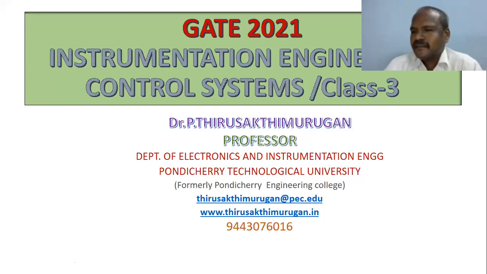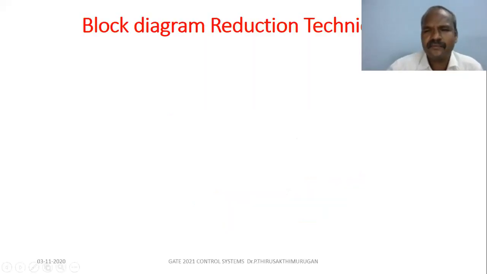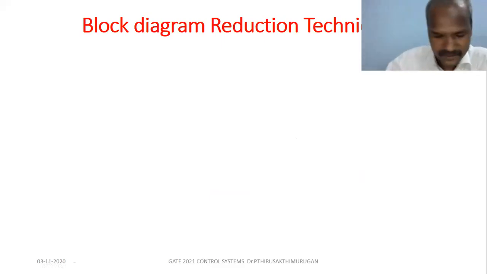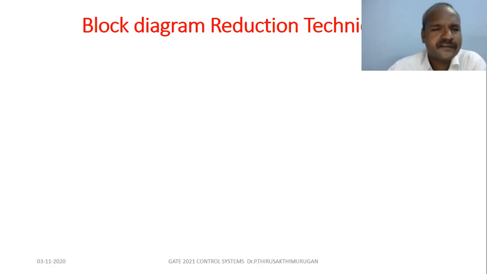Today we are going to discuss the block diagram reduction technique and signal flow graph methods. We already discussed the block diagram representation of the armature controlled DC motor and the field controlled DC motor, then the tacho generator, the separately excited generator, with the load and without load. We have discussed different transfer function models, and also represented them in block diagrams, right?